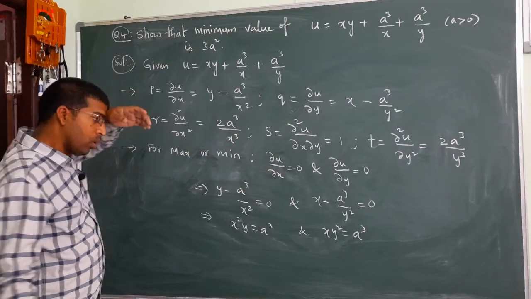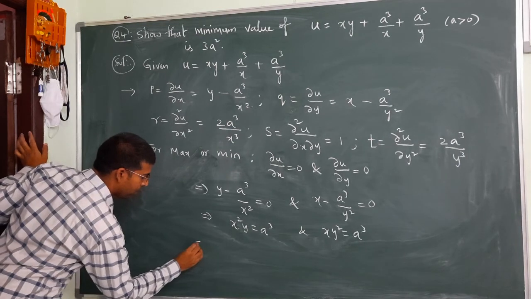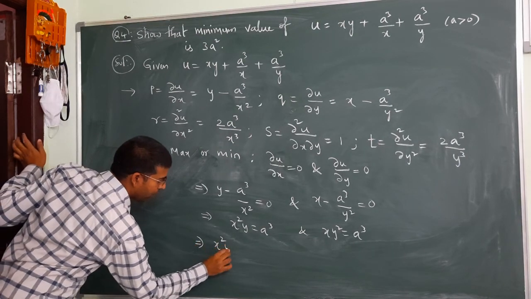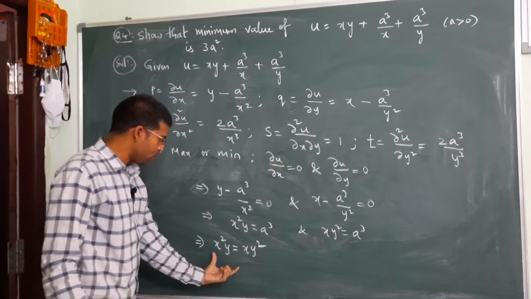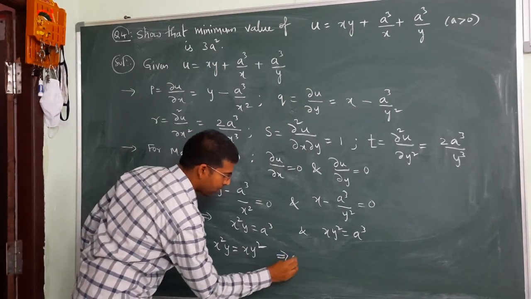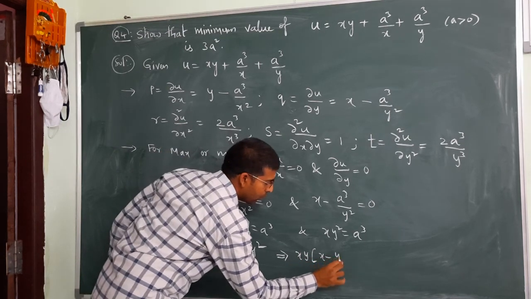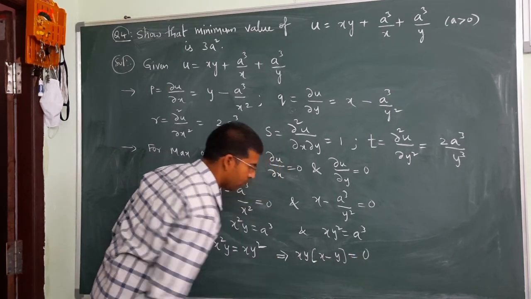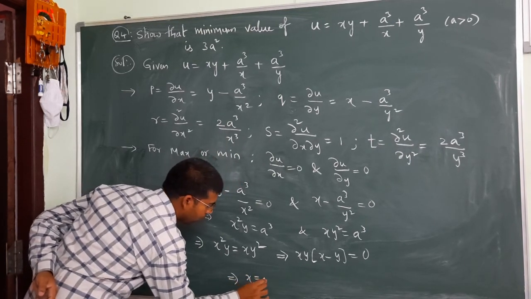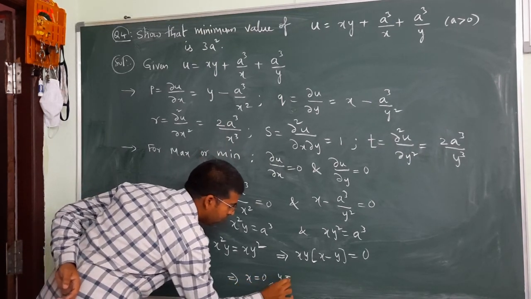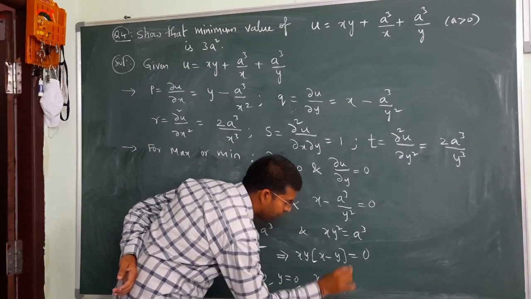Okay sir, so both RHS are equal, so I can make LHS equal. That implies x square y is equal to x y square. Now what is taken out? xy. If I take xy common, you get x minus y is equal to 0. So from this you are getting what? x is 0, right, and y is 0, and the next one is x minus y equal to 0. That means x equal to y.